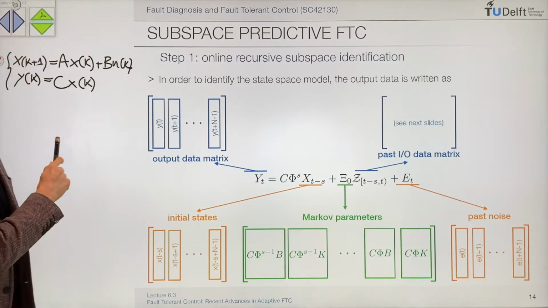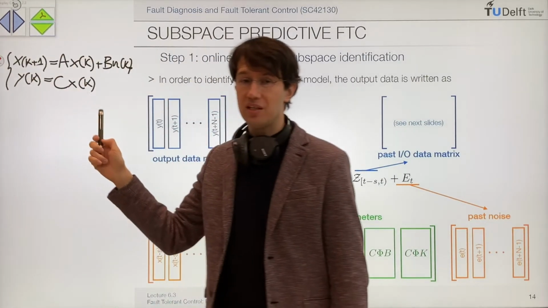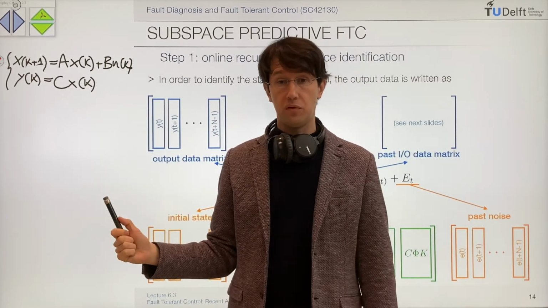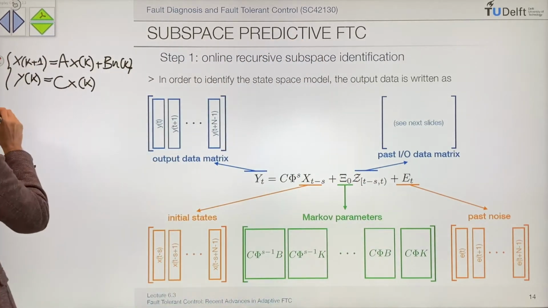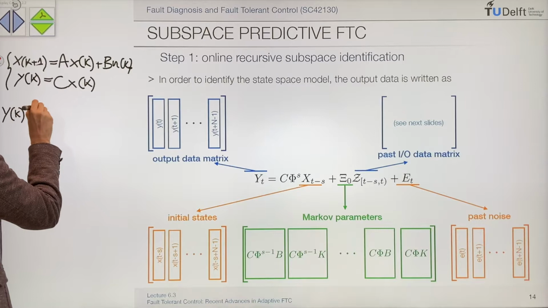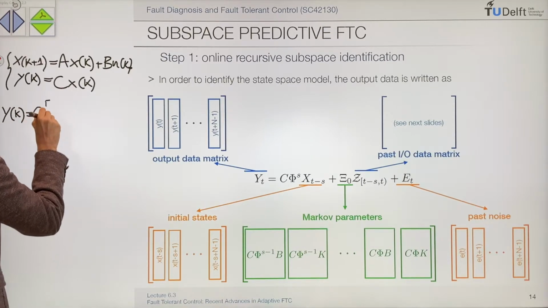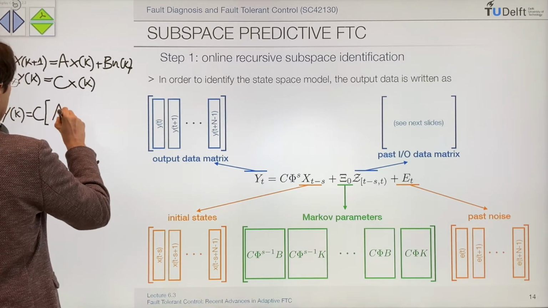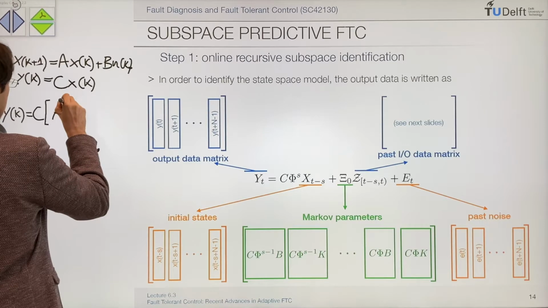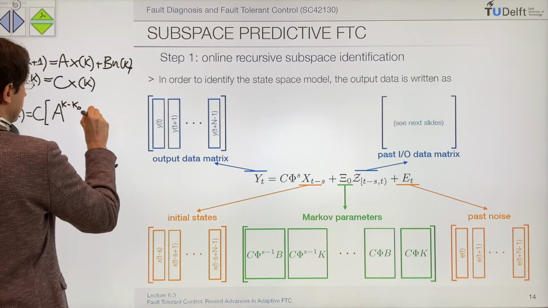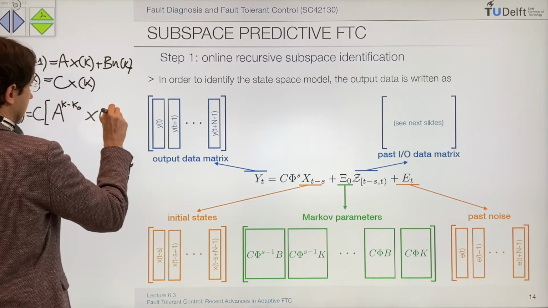So let us consider this linear system. If you want to write the solution for the output of that, you can write a convolution sum. That is, you know that y at time k is equal to the matrix C that multiplies two terms. One is A to the power of k minus some k0 that multiplies the initial condition at that k0,